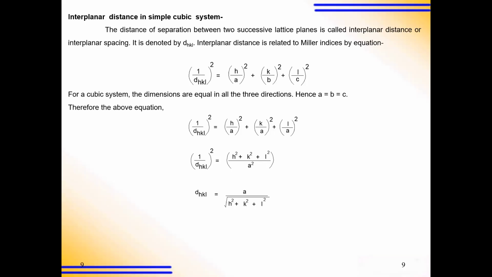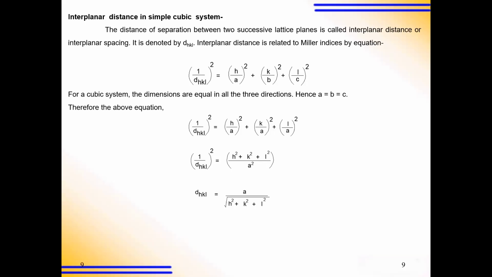So for this simple cubic system, if you apply this formula for three different planes, सपोज आता तीन वेगवेगळ्यासाठी जर आपण अप्लाय केला तर त्यावेळेस आपल्याला वेगवेगळे इक्वेशन्स किंवा वेगवेगळ्या व्हॅल्यूज आपल्याला मिळतात. सो फॉर एक्झाम्पल D100 असं असेल म्हणजे एक प्लेन 1 आहे आणि दोन प्लेन काय पॅरलल्स आहे. ते दोन ऍक्सिसला तो प्लेन काय आहे पॅरलल आहे म्हणून आपण D100 असं लिहितोय. सो इज इक्वल्स टू a अपॉन रूट 1 स्क्वेअर प्लस 0 प्लस 0 इज इक्वल्स टू a. कारण रूट 1 स्क्वेअरचा आणि this is 1, therefore a.